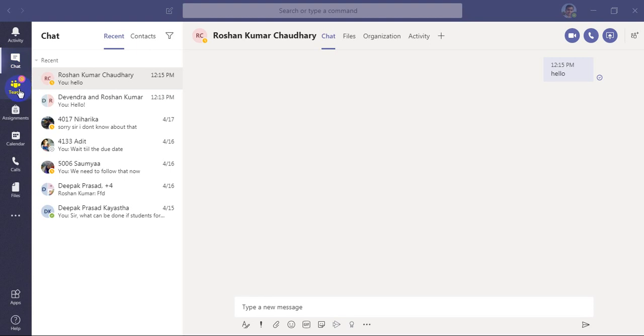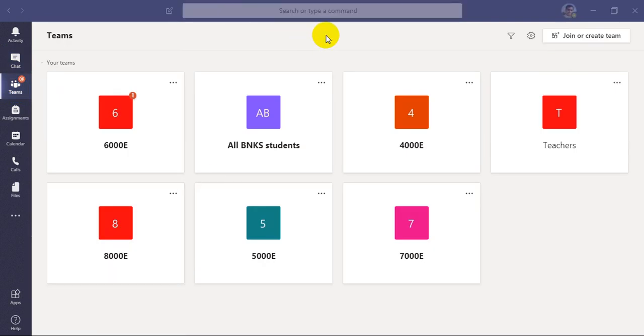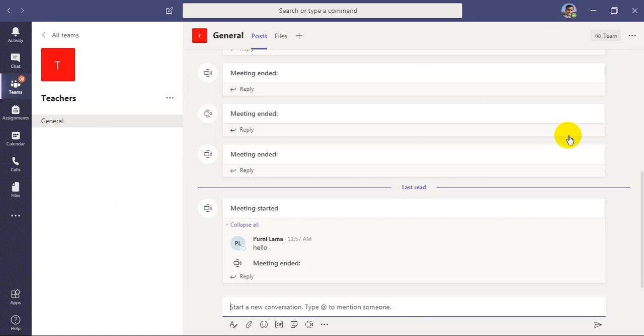After chats, there is another tab or button over here, that is Teams. Once we click it, our various teams will be visible. One more time, once we click Teams, our teams will be loaded over here. These can also be called channels. For example, I am a teacher over here, and I would like to click this particular team of teachers. Once we click it, only the teachers team window will open,